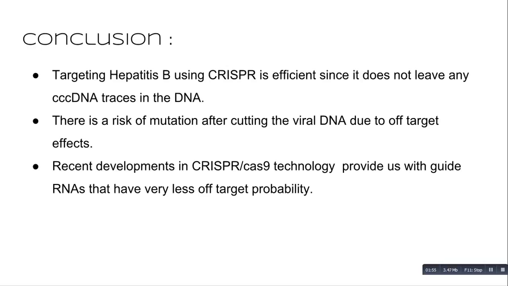Conclusion. The above analysis shows CRISPR-Cas9 systems directly target an authentic pathogenic virus and demonstrate the potential for cccDNA-directed antiviral therapy using Cas9, which may represent a significant step towards the cure of chronic hepatitis B virus infection. There is a risk of mutation after cutting the viral DNA due to off-target effects. Recent developments and